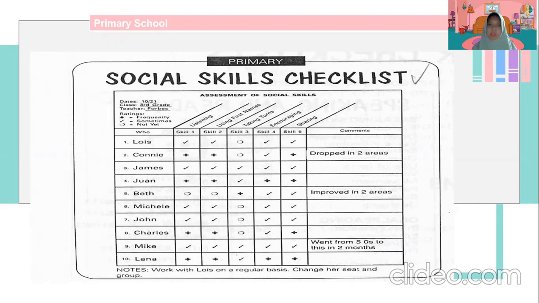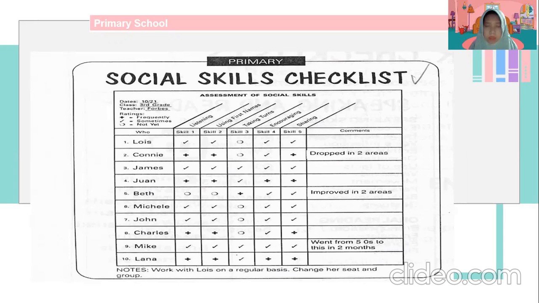After Mr. Forbes finishes all his assessment, he can put his comment in the comments box on the right.